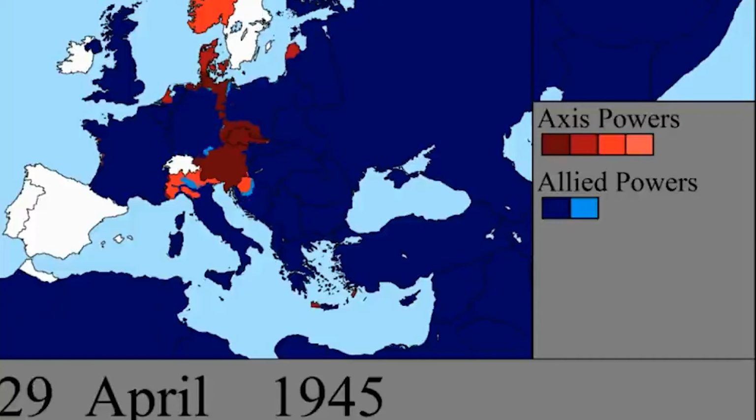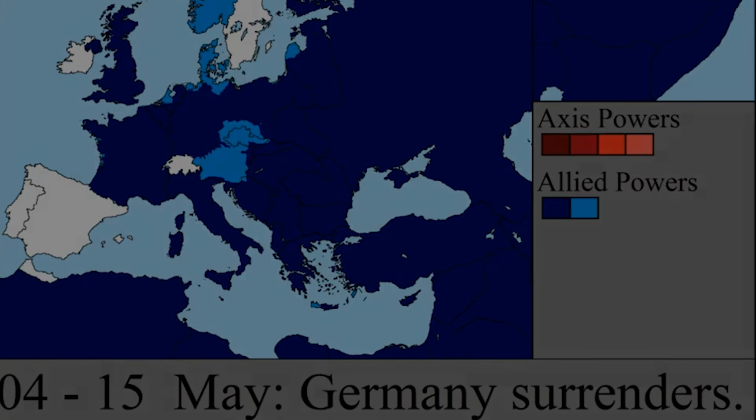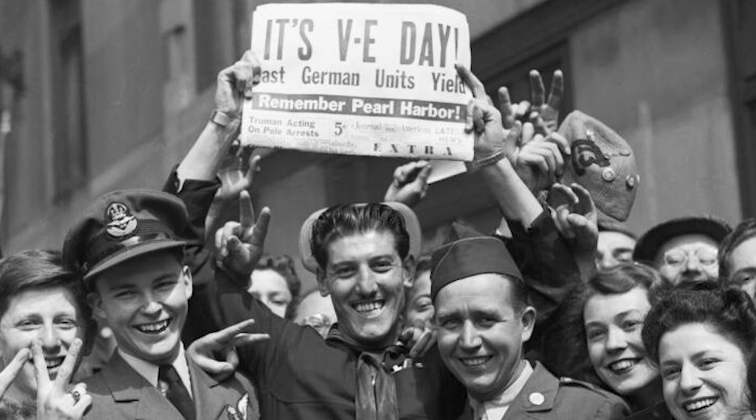Shortly after, German forces in Italy, Berlin, Northwest Germany, and the Netherlands surrendered. On May 6 of 1945, General Hermann Nehoff surrendered Breslau, the fortress city, to the Soviets. And only 30 minutes after the surrender of Fortress Breslau, General Alfred Jodl offers the surrender of all forces fighting the Western Allies. That night, the interim leader of Germany, Karl Donitz, authorized the complete and total surrender of all